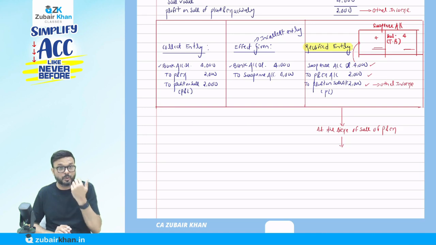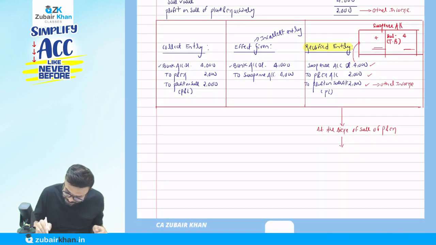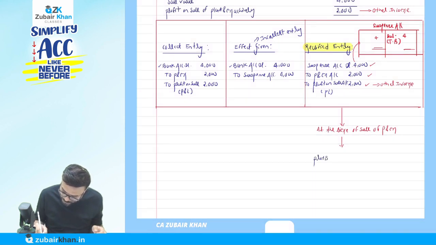plant and machinery. But if you go to the accounting entry, provision for depreciation has a credit balance at that time. To cancel it, we have to debit it. Plant and machinery is an asset and has a debit balance. To cancel it, we have to credit it. So we are going to pass the entry here. Provision for depreciation account should be debited here